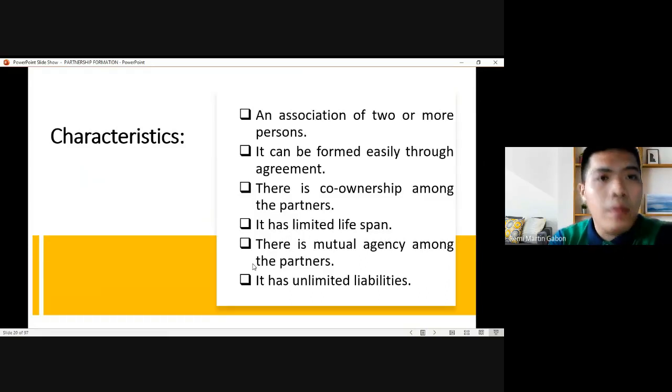So to sum it up, characteristics of a partnership: there must be association of two or more persons. It can be created easily through agreement. There must be co-ownership, limited lifespan, and there must be mutual agency, and it has unlimited liabilities. Okay,